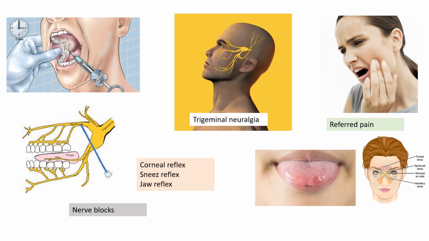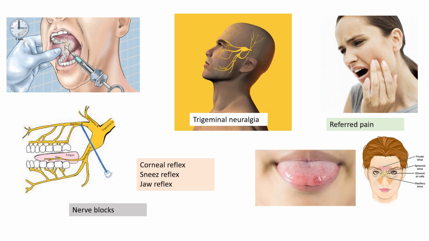So for pain relief, an alcohol injection is given along the sensory root, or if the condition is severe, then the sensory root can be cut. If the ophthalmic division is not involved, usually we try to save the ophthalmic division because it is responsible for the corneal reflex, which is an important protective reflex to save our cornea. So if possible, we try to save the ophthalmic division, otherwise we can cut the sensory root.